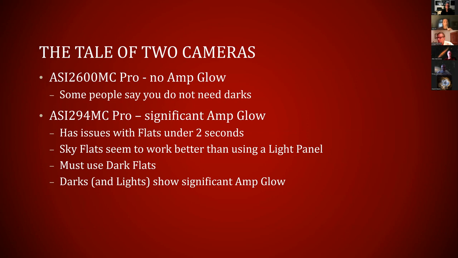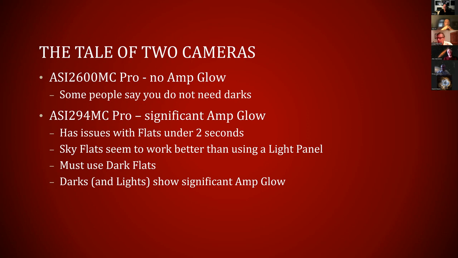Alan kind of mentioned it. He's got the 2600, no amp glow. I always do darks because I'm hoping that darks will help identify hot pixels, cold pixels a little bit better. I also do cosmetic corrections, so I think I'm okay there. But with the 294, oh my God, that thing's got all kinds of amp glow. Supposedly, it has problems. I used to do flats that were under 2 seconds, and everybody that knows a lot more about the 294 than me says you got to do even more than 2 seconds. You got to do 3 or 4 second flats